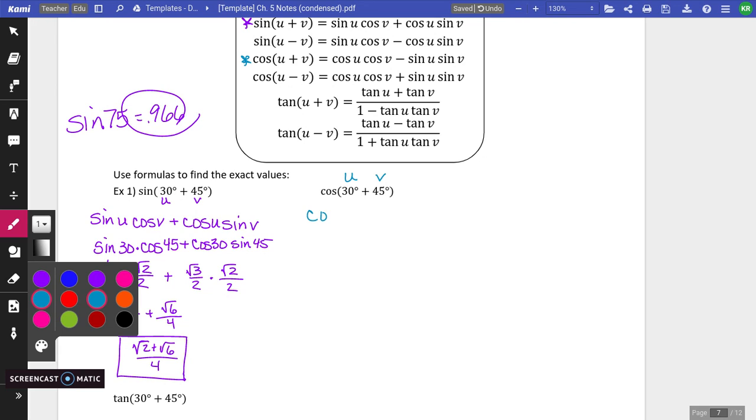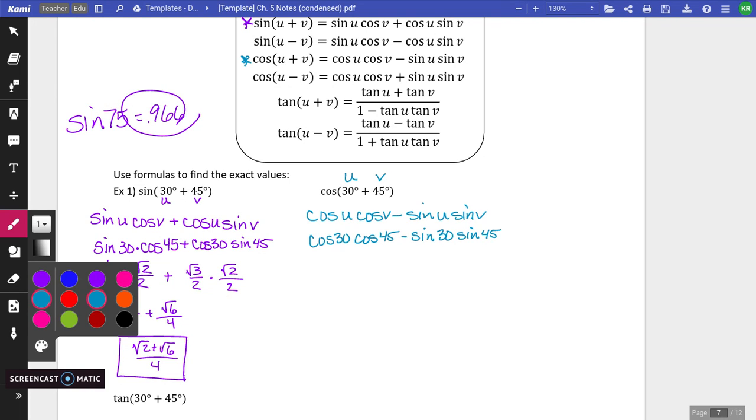So this pattern is cosine u times cosine v minus sine u times sine v. So this would be cosine of 30 degrees times cosine of 45 degrees minus the sine of 30 degrees sine